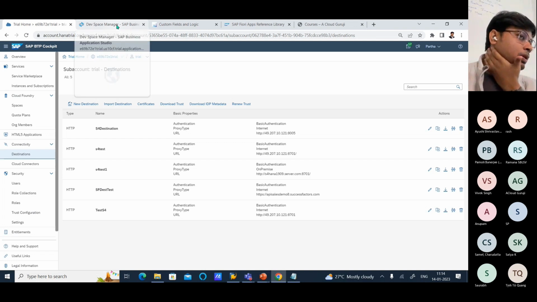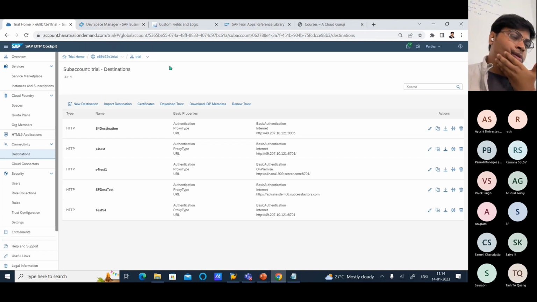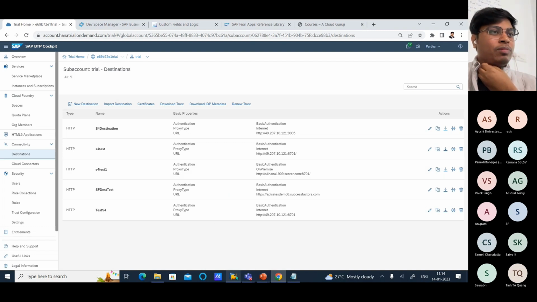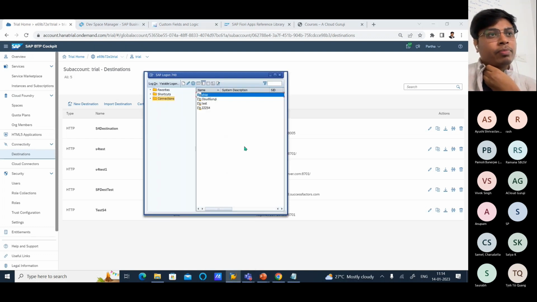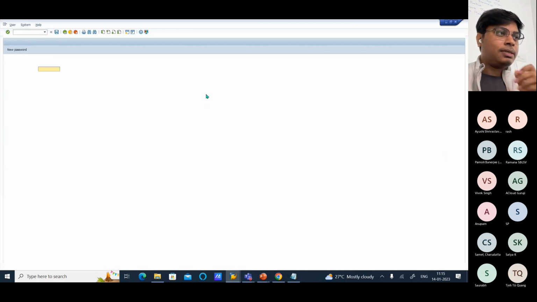While we are doing the in-app extensibility, definitely we need the core system as well. In our training, I'll be using this particular system. If you want, you can also use the same system. If you have your own system, you can use it. It's similar. I will tell you what steps you need to set up if you are using your own system. So if I go inside my system,